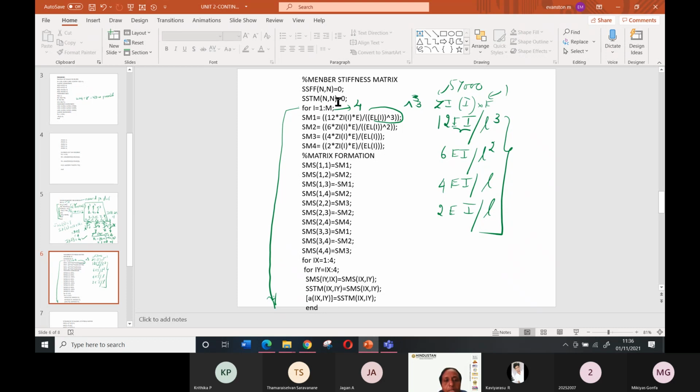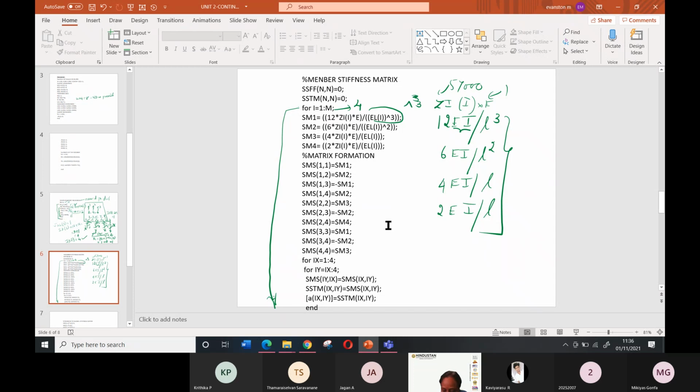Okay. So this I have written Sm1 is equal to 12EI by L cube. Then Sm2 I have taken 6EI by L square. I have taken 4EI by L as Sm3 and 2EI by L as Sm4. So these are things you have to calculate.